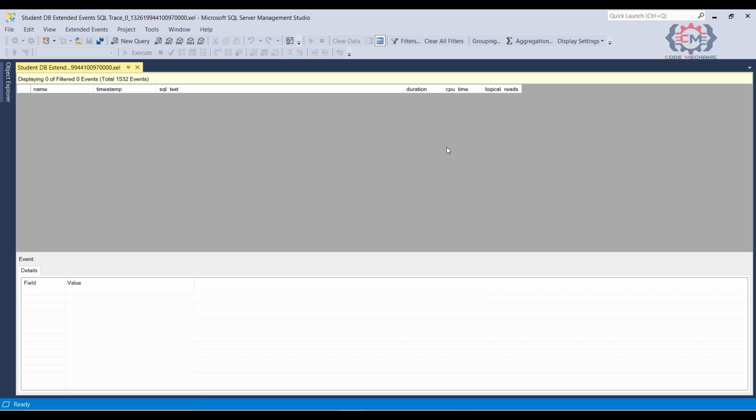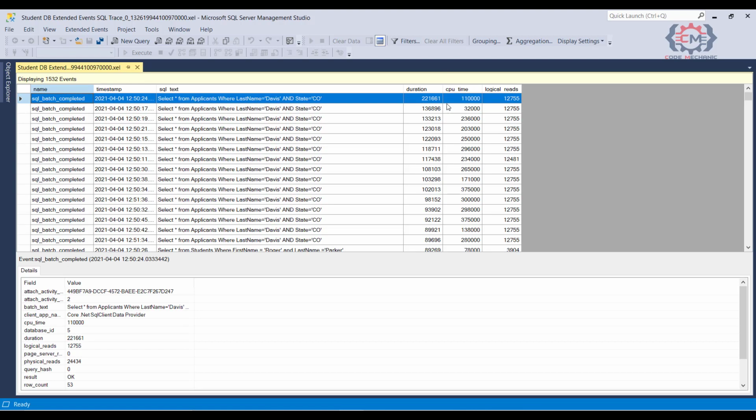In addition to a filter on something like duration or CPU time, we could also create a filter for only a certain time frame, statements from a certain host, or a filter that would look for a certain table name in the statement text for our event. So we could see just the statements that ran against a single table. This is pretty useful, what we can do with filtering right here in Management Studio. And we don't have to go through the extra step of exporting our data and getting it into Excel or something like that. We can do all of that right here.